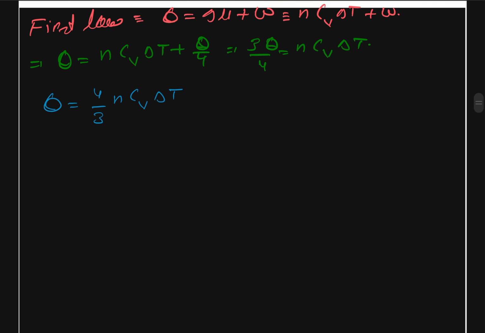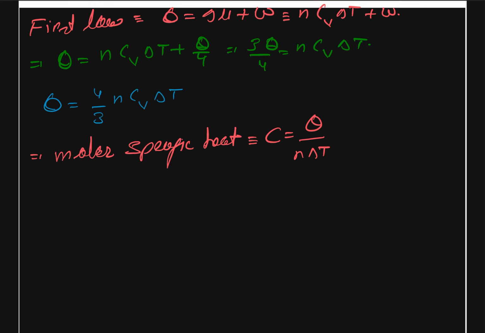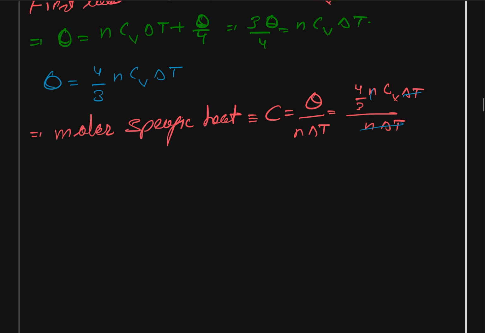Therefore, we can say that molar specific heat, which is C, will be equal to Q divided by N times delta T. So we substitute our Q, that comes as 4 by 3 N C of V delta T and N times delta T. Here N delta T cancels out, and